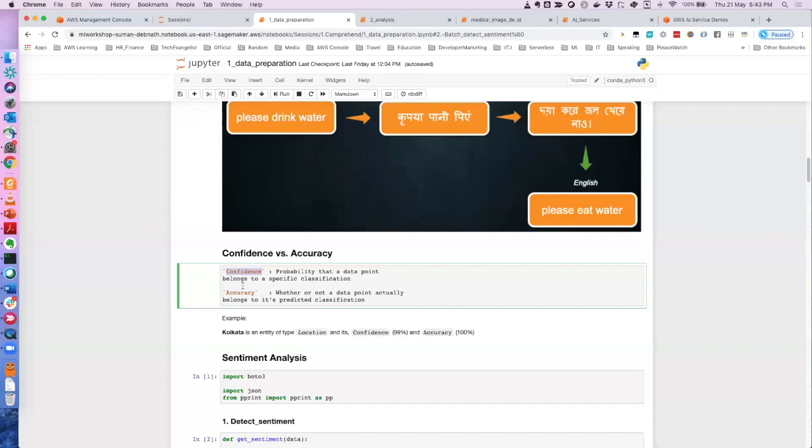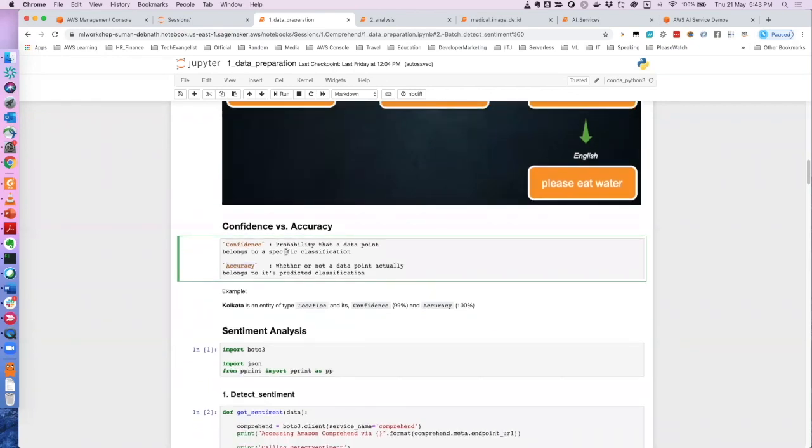So in machine learning, confidence score is nothing but how confident the machine, or the model, is in predicting that response. And then accuracy is whether this response is accurate or not. So let's say I ask the machine where Manoj stays, and the answer is Colombo, and the machine says that it has 99% confidence. That means the machine feels 99% confident that Manoj stays in Colombo, but the accuracy is 100% because I know that he stays in Colombo, right? So accuracy is always with respect to the actual result, which is not the prediction. So these are the two terms that you should always remember whenever you're talking about machine learning in general.